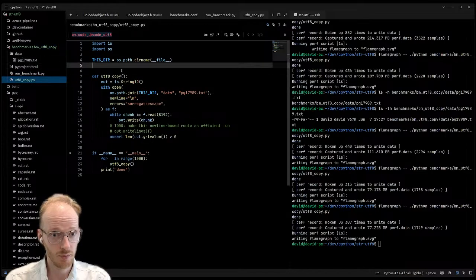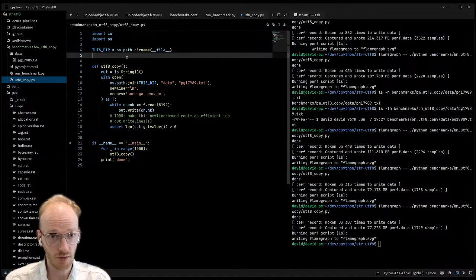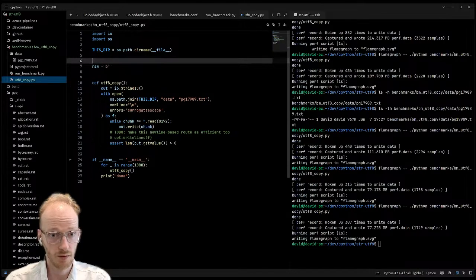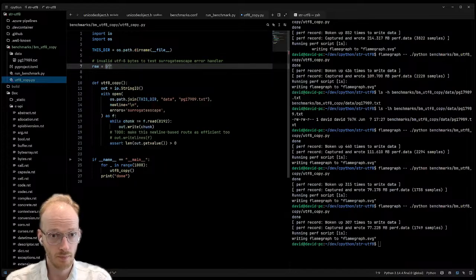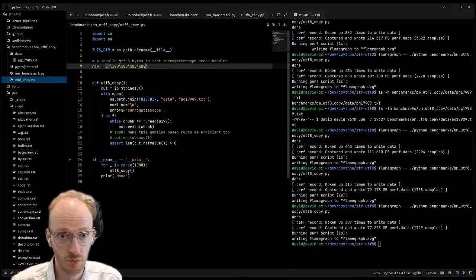So let's make a raw file which has data which makes that transformation clear. If we have raw as some bytes, and now we need something that's not a valid Unicode sequence. Copilot produced something.